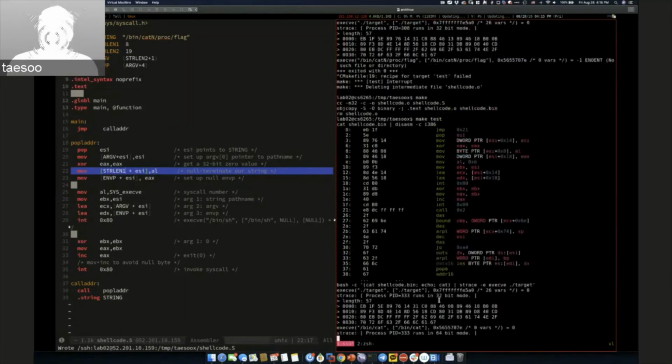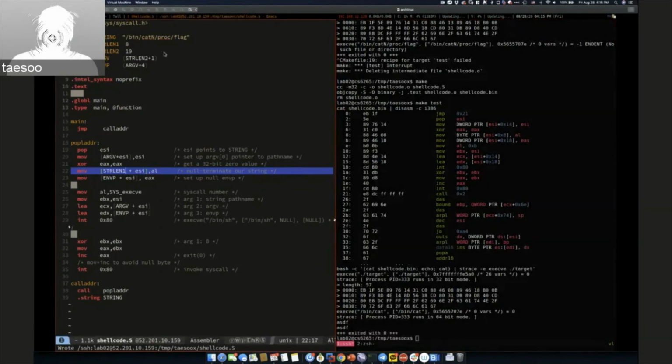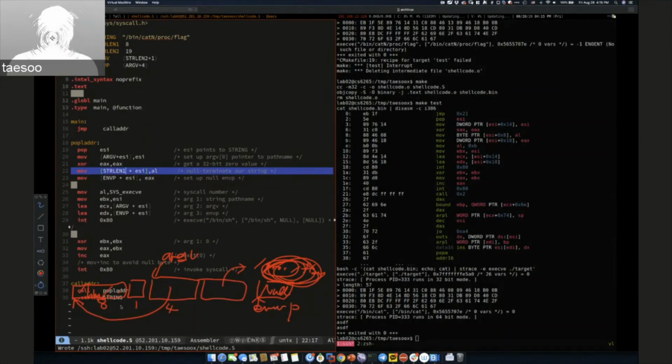So as you can see, although we provide bin cat with another character and proc flag, the 1 byte between them is actually truncated very nicely with the null character, so that the program considers this the end of the C string. That's nice. Then how can you utilize the proc flag? So our goal again is to manipulate. So this setting is a little bit changing right now. So instead of this guy, and here,